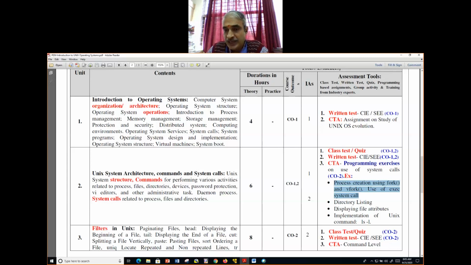Today you will see the directory listing, display of file attributes and all, how to do the file operations in the C programming language using the C library, and how to do the same thing using system calls. Then finally, using these two capabilities, you will be implementing a program similar to the ls -l command. Once you do that, you get a programming grip on Unix. This is the most important thing to make progress.